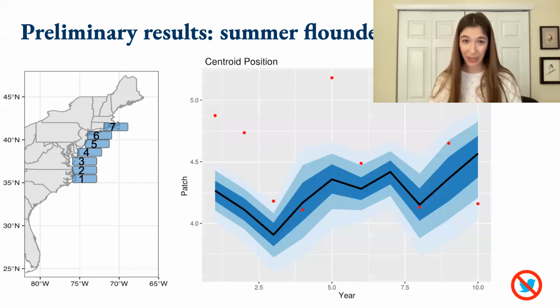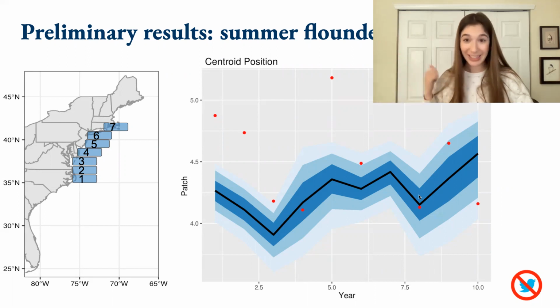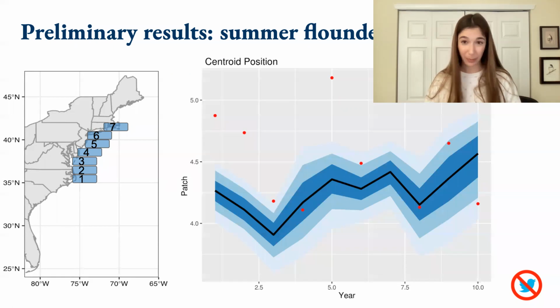And this is the centroid picture. Again, now we're testing out of sample, and the model is actually capturing these small ups and downs from year to year when the species shifted north and south and north again. It's able to identify those short-term range dynamics from our dynamic range modeling approach.